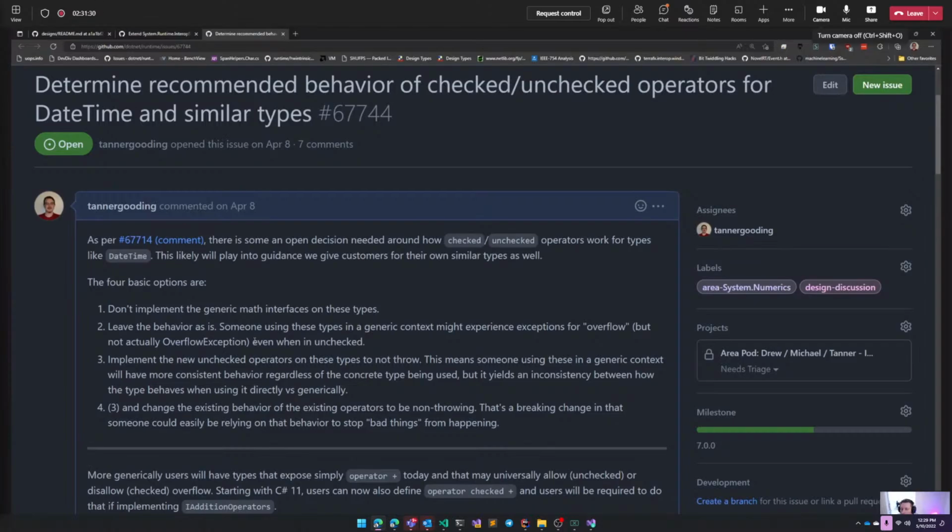One of the issues there is just that with BigInteger, the only reason it overflows today always is because that was the only behavior you had possible. More concretely, when doing things with BigInteger, you want to be able to have both behaviors, and you don't want to have to go into a generic context to access those behaviors. And now we have the opportunity